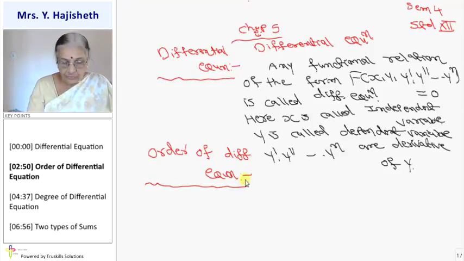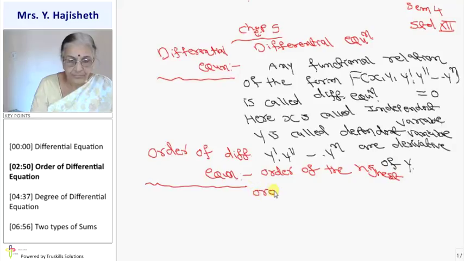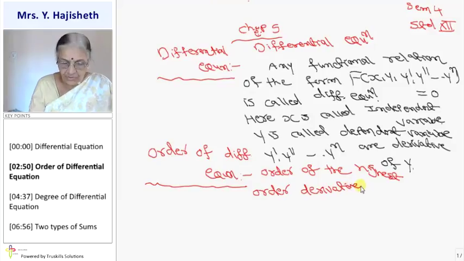What do you mean by order? The order of the highest order derivative